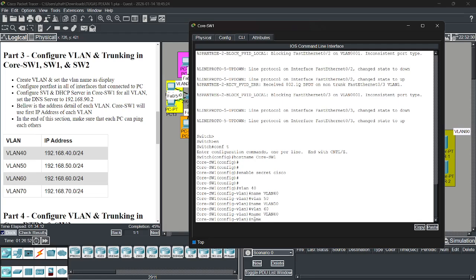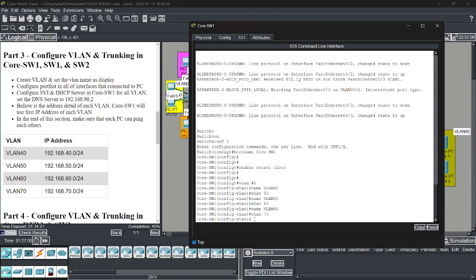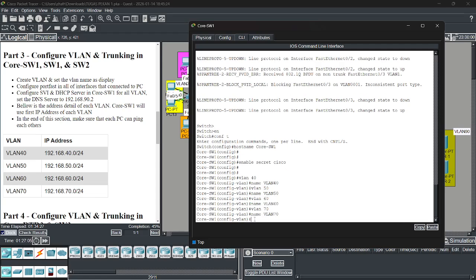The last is VLAN 7... sorry, VLAN 70, name VLAN 70. Okay.